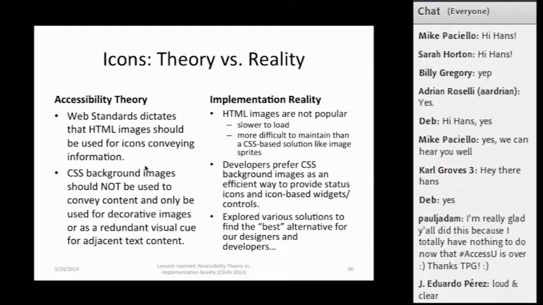So here are some examples of the issues that can occur when you use HTML images. Even when you do follow the accessibility guidelines, so to speak, and you use an HTML image, there are still certain problems. Here I have a screenshot, and I can actually switch to my virtual machine here and turn Windows High Contrast Mode on. Refresh the page. You can see here that these icons that were kind of dark purple in the beginning,